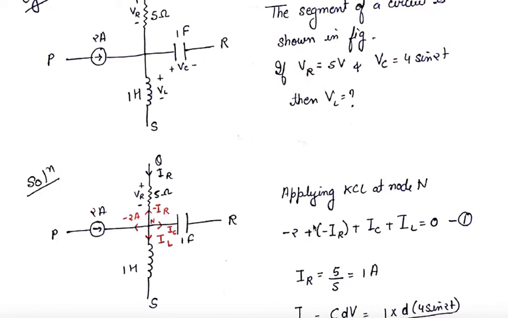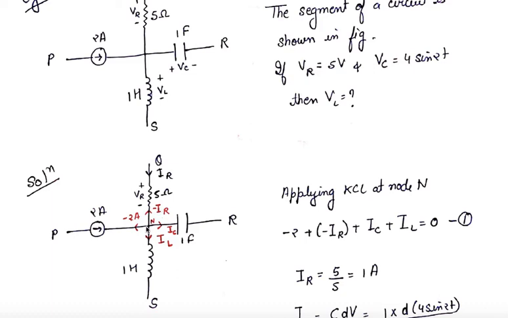Applying polarity, you can take leaving current or entering current, it doesn't matter, just follow the sign convention. If you are taking entering current, take it in negative polarity. If you are taking leaving current, take it in positive polarity. It doesn't matter why we have taken a particular branch in the opposite direction. It is up to you in which direction you want. Just follow the sign convention and you will get the same result.